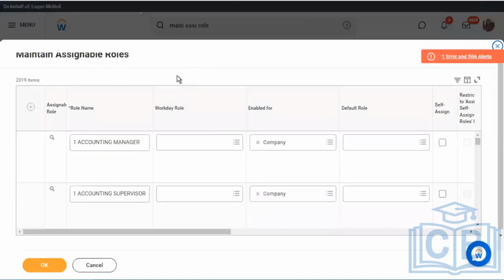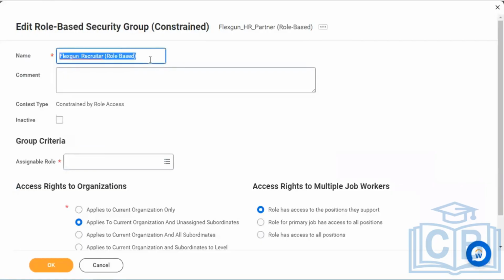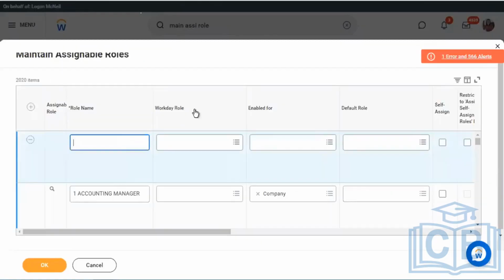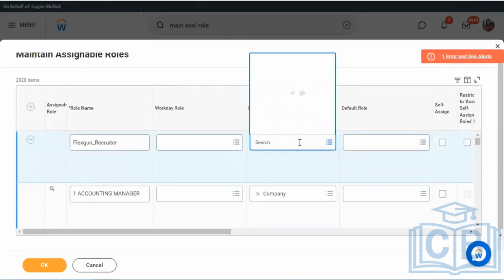What we do is we create something called assignable roles, and the creation is also very simple. Every role-based group will have an assignable role somewhere in this list. As a rule of thumb, we usually give the same name as the group to the assignable role, but we'll keep a small difference. We won't suffix it with role-based, just so that you can see a difference. And then in this column, we have to share where you can use this role. We're going to put it either on the location.